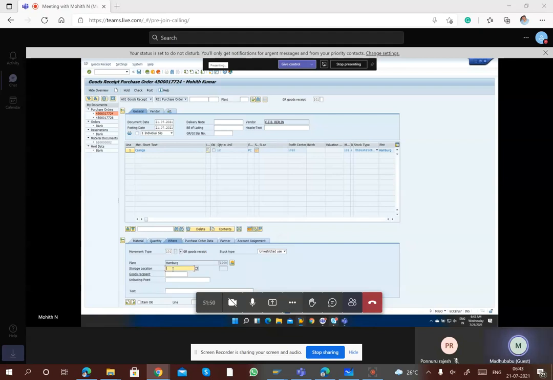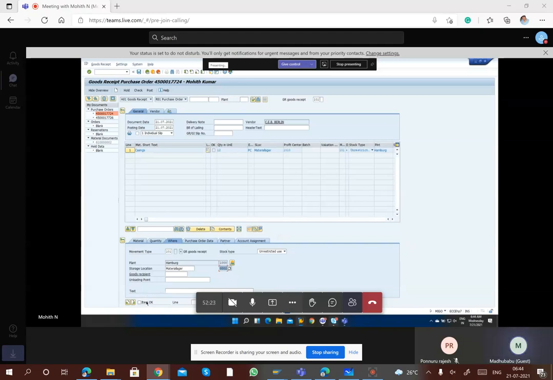If the storage location is not given and you're trying to post, it will show an error. As we have seen yesterday, we are giving the storage location as 0001. Once you press enter, you'll get the name of the storage location and you can fill this. I'll discuss storage locations during the architecture. All your planned storage locations, company code, whatever you're entering in MIGO and even your ME21, we'll discuss soon after this session, maybe tomorrow or day after tomorrow, based on the theory we select.